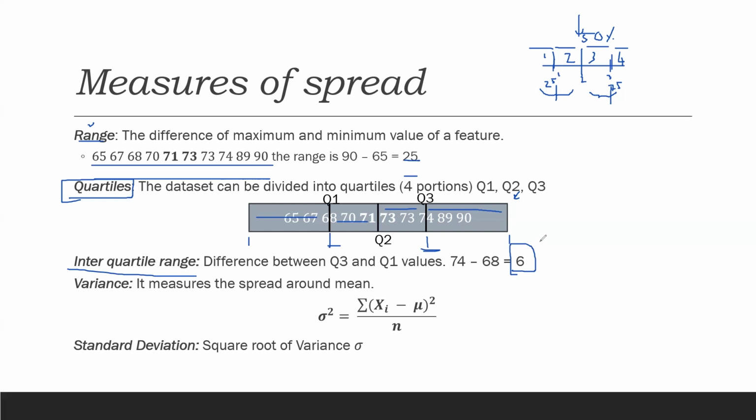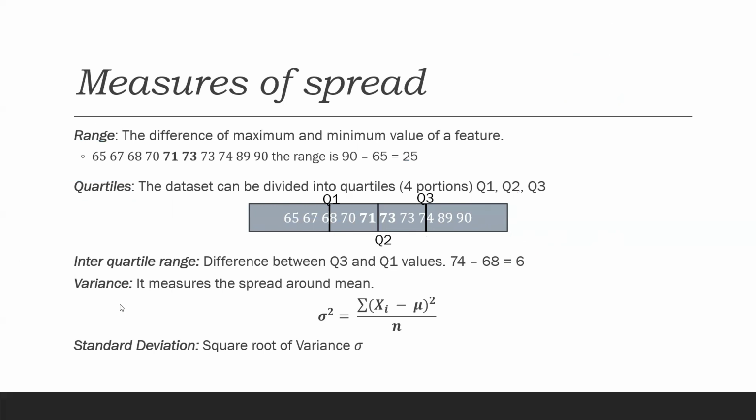But again, the value can be anything. In this case, 6 can be a small number. It depends upon what your initial values are, and what your final values are. In some cases, maybe 0.05 can also be a big difference. Why? As I told you, the scale is what you should also look at. If you're not looking at scale, if you're looking just at this number, then you might get deviated from the actual inference of what the interquartile range is trying to tell you.